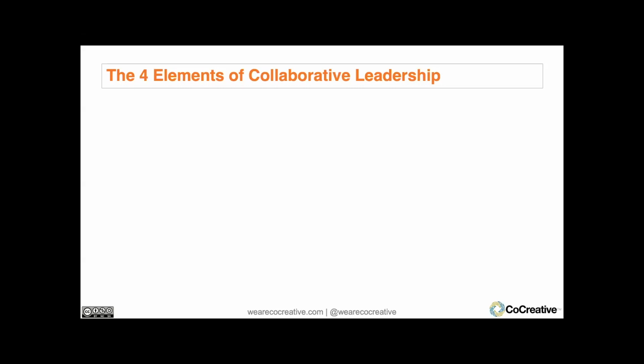So at Co-Creative, when we started to think about this element of the work that we support, which we call collaborative innovation, essentially what we spend most of our time doing is helping people who don't know each other and sometimes don't like each other come together to solve complex systemic problems. And most of that work is done in the form of networks. So multi-stakeholder, multi-sector collaboratives that are working on things like, how do we ensure that